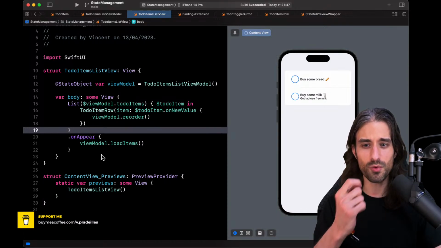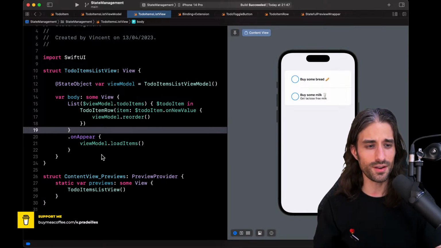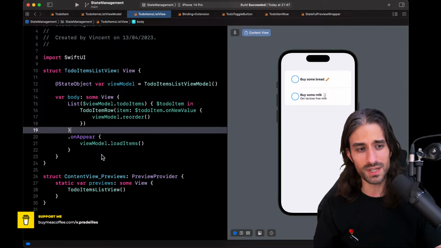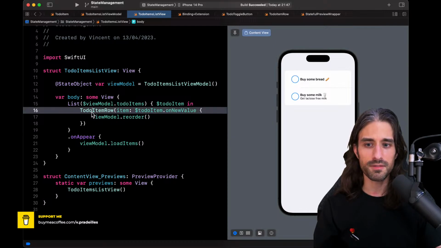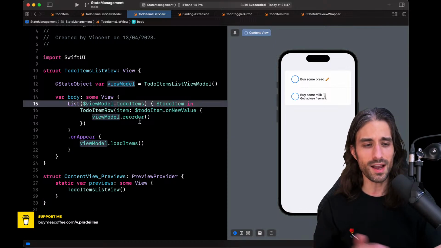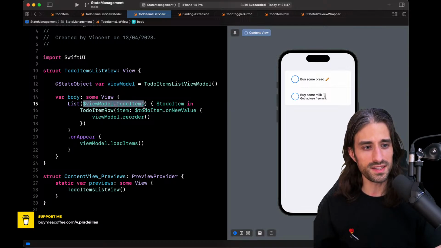So back to the question of why there is no onDelete modifier on the list. It's because this modifier does exist, but it exists somewhere else. And for that, we're going to have to split our list into two. Because right now, our list is responsible for doing two things. It's responsible for iterating over the array of items, like we see here, but also for adding a presentation layer on top of it.